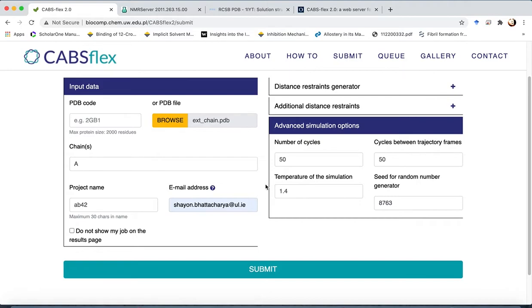Then we have a value for the temperature of the simulation. As you can see from the values here, this is a dimensionless reduced temperature value that closely corresponds to the actual temperature. Ideally, one would have a temperature of 310 Kelvin as the physiological temperature for performing simulations generally, if you're performing simulations of a biological system, like in this case, these proteins are found in the brain. So a T of 1 would mean that the structure is close to the native state